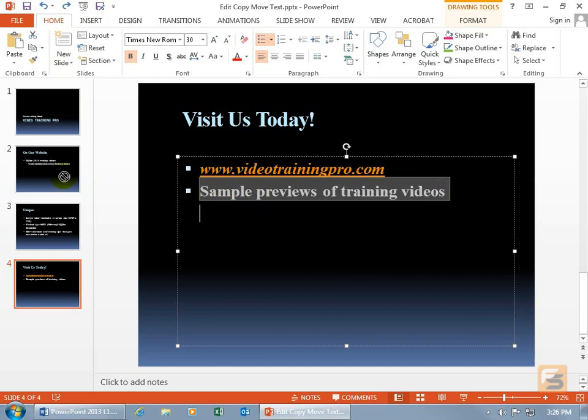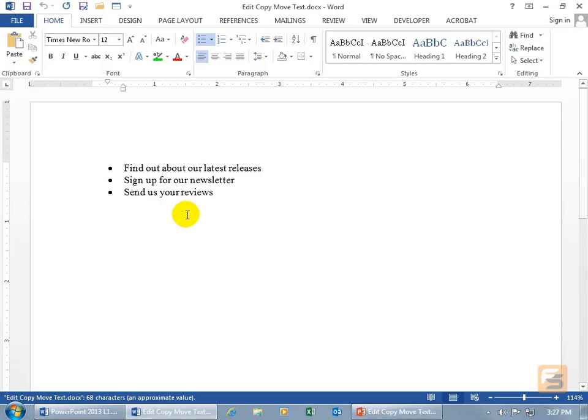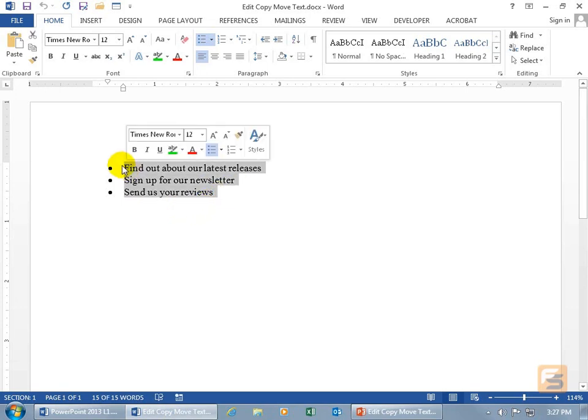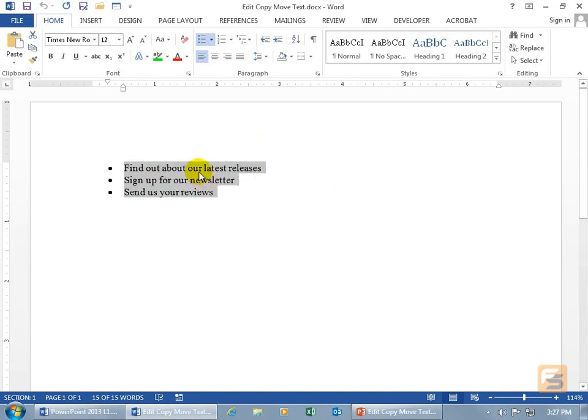If you click and drag and try to do it onto another slide, it doesn't allow you to do it, just within the slide. But if you go to another application, let me come up here and minimize my PowerPoint window down to the taskbar so I can see my desktop. I have a Word document that, when I double-click and open it up, has some text in here that I want to add to my presentation. Now it's the same concept. You can go ahead and click and drag to select it, then right-click on it to copy it, or I can click on it if you're brave, because when you click on it and hold it, you can move it,